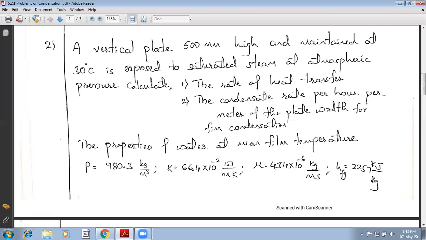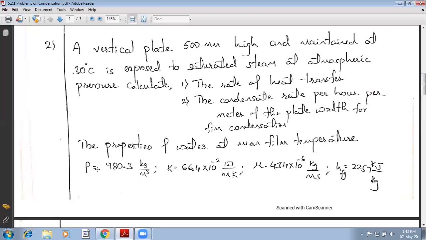Second bit is the condensate rate per hour per meter of the plate width for the film condensation. He has expressed in detail, and you can use the properties of water at mean film temperature